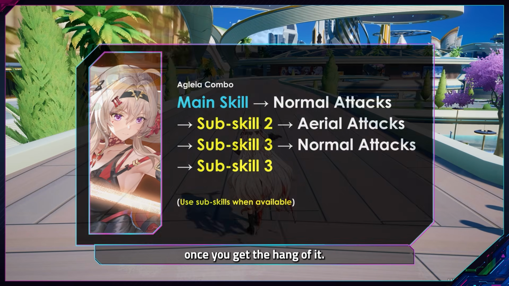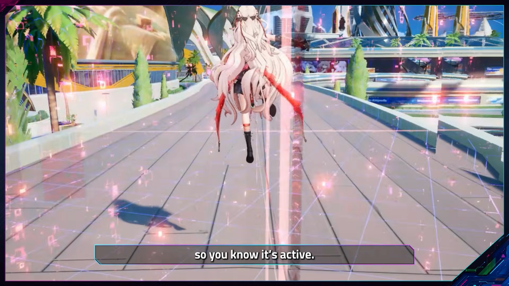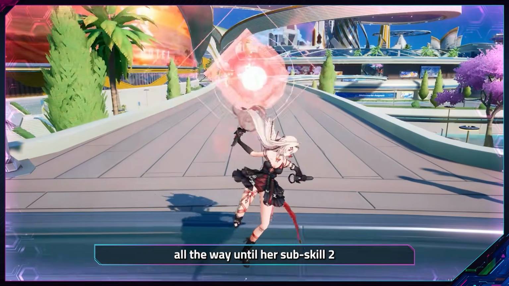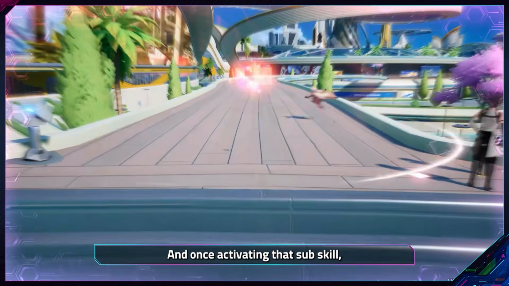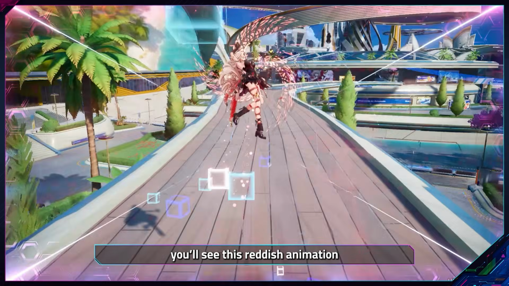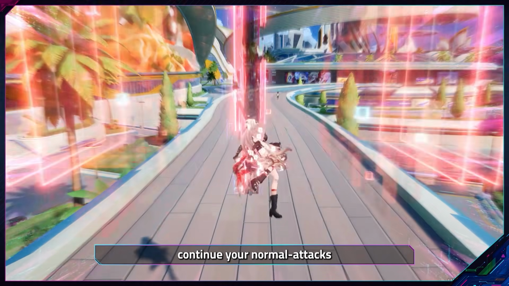You start off with using her skill, there's this warped effect so you know it's active, then you do a chain of normal attacks, all the way until her sub-skill 2 is available, and once activating that sub-skill, you'll see this reddish animation that launches you into the air, and immediately continue your normal attacks until the